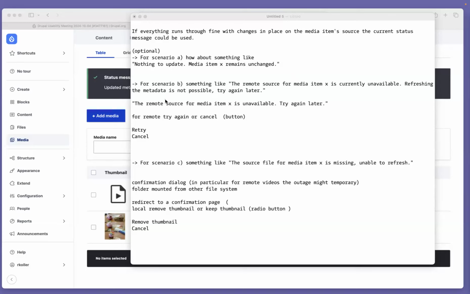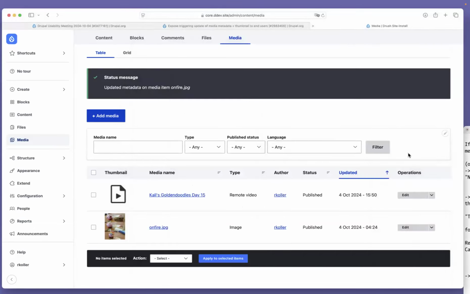In the context of scenario B, I think for cancel, there might be a reasonable status message announcing basically that the old thumbnail is kept from the old remote source. So it is not removed. At the moment, as you can see here, I simulated the scenario by simply switching off the VLAN and then hitting update metadata, and that way I got that placeholder.